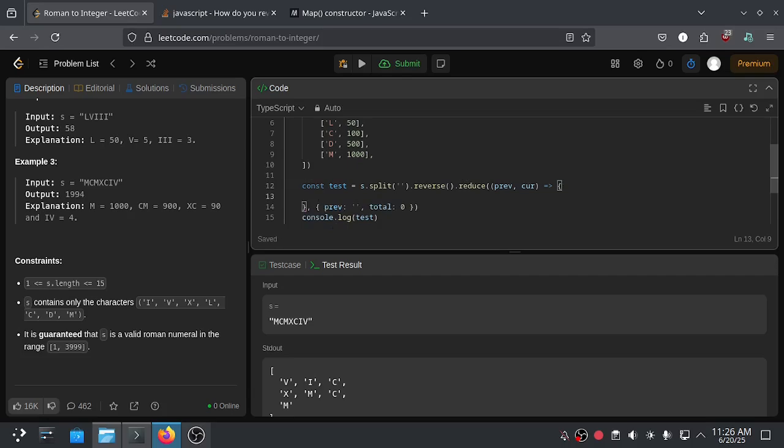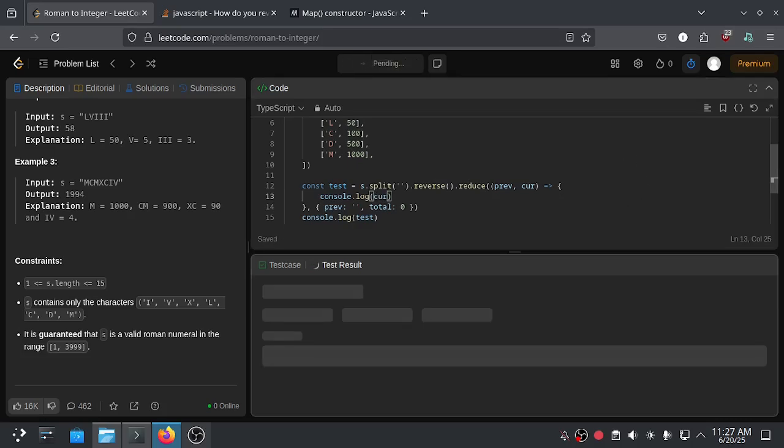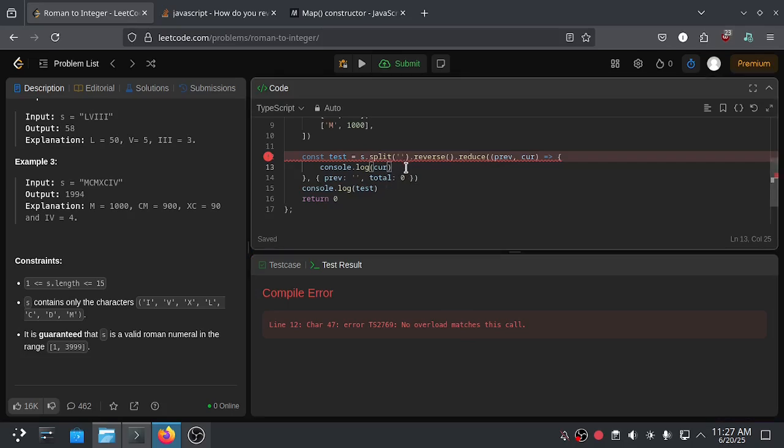Then we can use just a console.log for now. Console.log, logging the current value, and then let's run this. No overload matches this call because we are not returning the previous. Returning the previous is needed because in the reduce function we need to return the previous value.